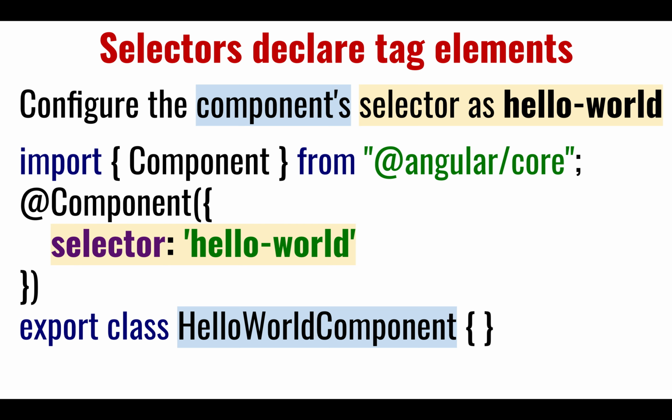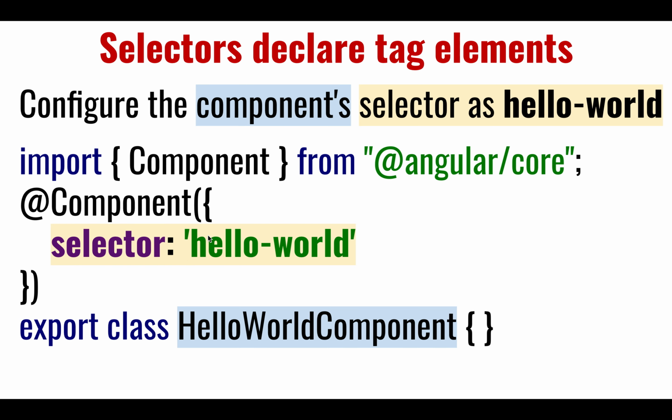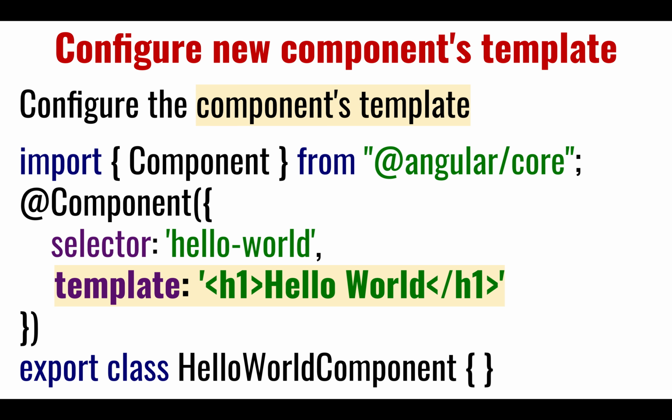If you do a widget list component class, the way you refer to it is that you import it, and then you use that name instead of some pointy brackets, and you're done. Here, instead, you can choose what HTML or DOM element, what selector you want to use, and you do that by configuring the selector attribute of the component. So you can configure and say how I want to be used, the HTML tag that I want to use. Okay. The other thing that you can configure is,